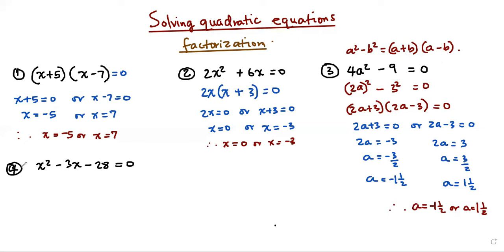Okay, then for this next example, this is what we looked at already. Here, it is in the general form of a quadratic equation. Remember, the general form is ax squared plus bx plus c equals 0. So what we have to do for this case is to look for two numbers that we can multiply to get negative 28,